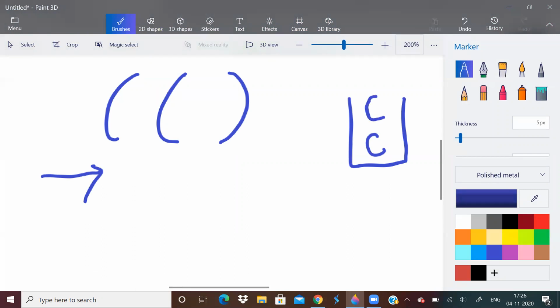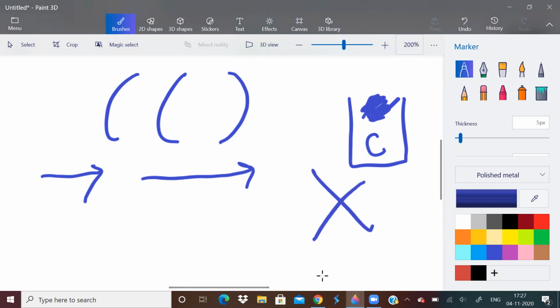We get a closing bracket, so we check the top element and remove it. After removing the top element, the stack has one element left. So is it balanced? We processed the entire string, but still one element is left. So it is not balanced.